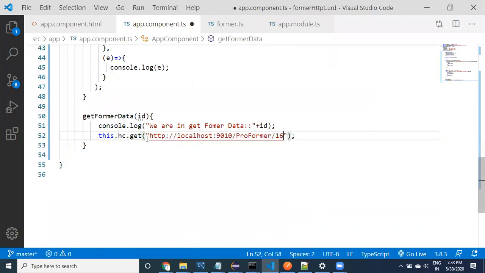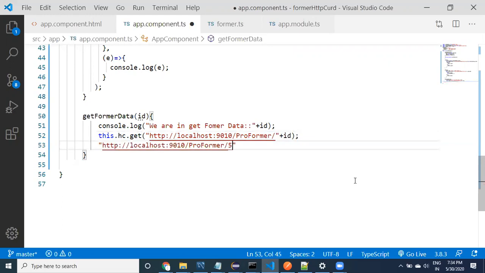But this information should not be static, guys. 16. To make it dynamic, see here, guys, what I'm going to do? I'm going to use ID. It is going to construct the total string. If ID is 5, it is going to become ID equal to 5.